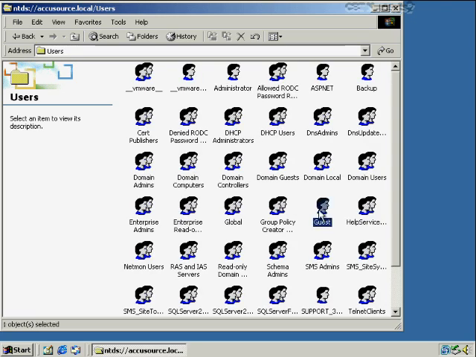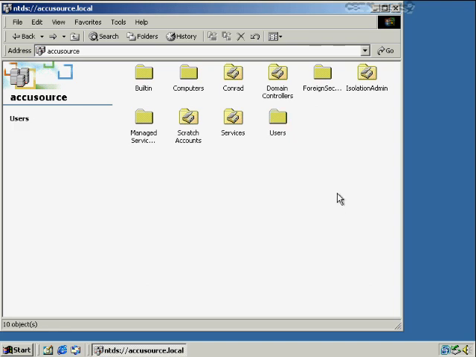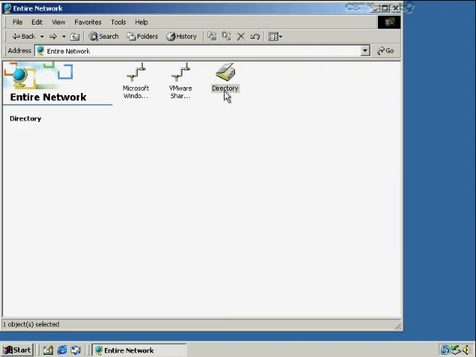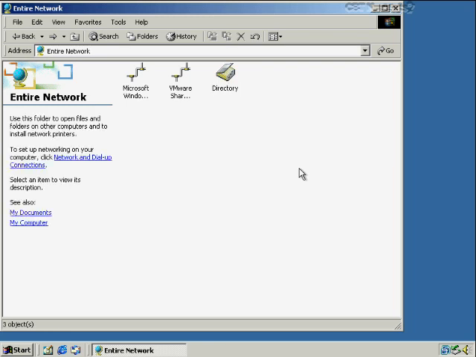Users, guest, what do I do with that? Can I delete this person? No. There's really not much use for the end user to be in here at all. In fact, even administrators that have Active Directory privileges, like domain admins, would never use this. They would just use Active Directory Users and Computers, which is the Active Directory tool useful for administering those users. So this whole branch of exploration is really not worth much, I don't think, in terms of even administration or